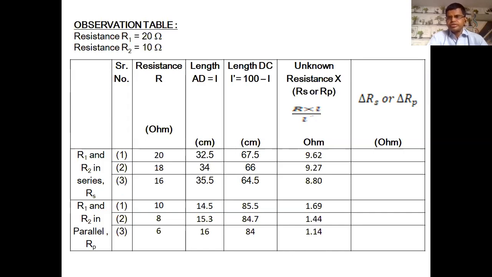This column is given by the examiner with the values. Sometimes the examiner does not give the values, so you retain them from your side. Suppose you take 20, 18 or 16, otherwise 20, 19, 18, as per your convenience. And here in the parallel, we change the values like 10, 8, 6. So we show different values and different answers.